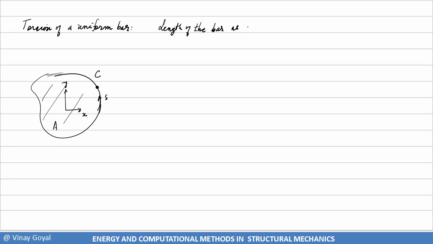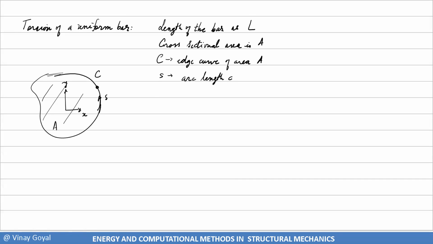And I'm going to now consider the length of the bar as L along the x-axis. The cross-sectional area is A. And we have C as the edge curve of area A. And then we have S as the arc length along C. And then I'm going to apply a prescribed torque